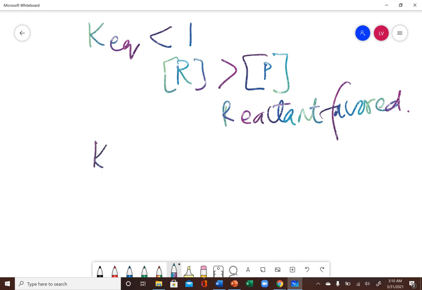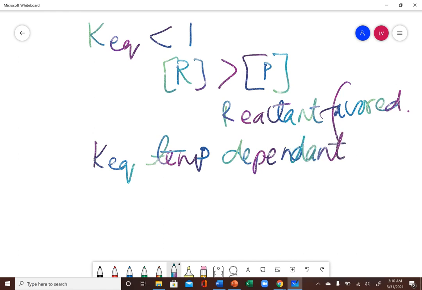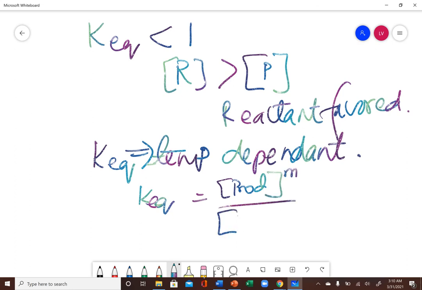Again, KEQ is temperature dependent. When I set up my equilibrium constant expression, which is KEQ equals concentration of products raised to their coefficients over concentration of reactants raised to their coefficients,